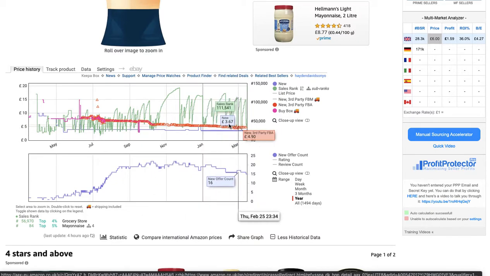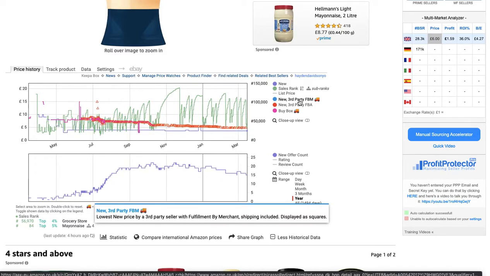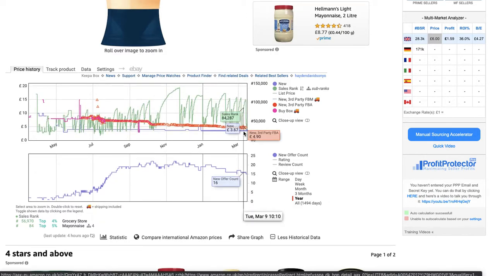So you're looking at consistency in the sales rank, and you're looking at third party, or FBM, depending on what you're doing. FBA generally can command, usually, not always, usually at least £1 more, possibly even more than £1. You could sell FBA items for more than FBM. So you don't have to worry that FBM is necessarily cheaper than you. Not in all cases, but in some cases, okay. So that's the price. You're looking at the consistency in price. Moving on,